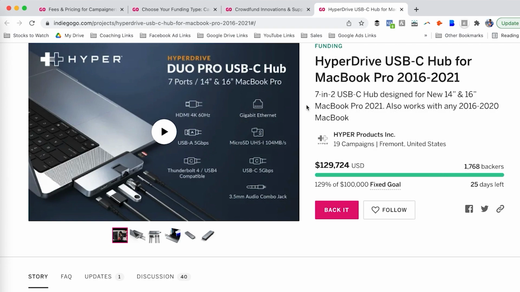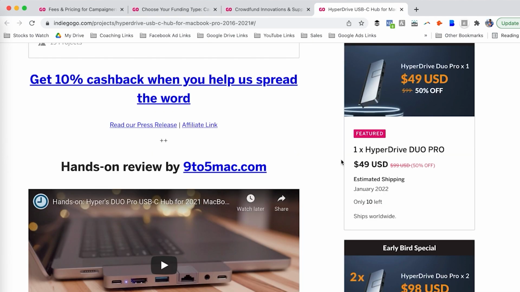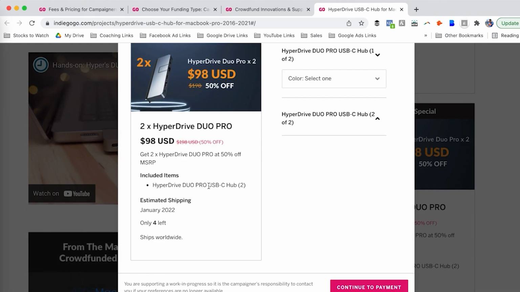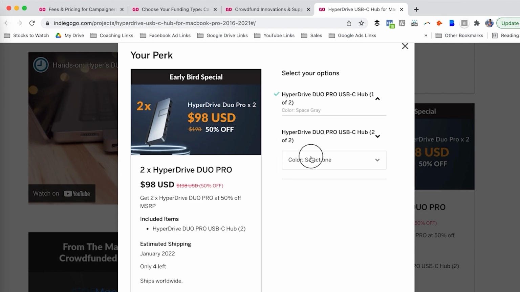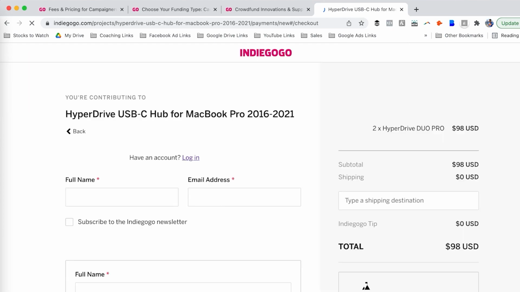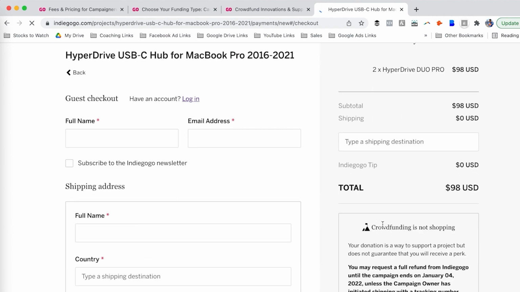This team particularly looks like they also ran a bunch of other campaigns here, and you can look into that. I'm not being sponsored by these guys or anything like that, but they're running this campaign. If you come down here as well, you can scroll down and you can support a project here if you wanted to, right? So we're just going to pick, let's just say gray, and we'll just say silver here. I want you to see this experience, right? We're going to continue to payments, okay? And when we enter this next page, this is going to pop up. So what would end up happening is we would say our shipping destination, let's say United States,